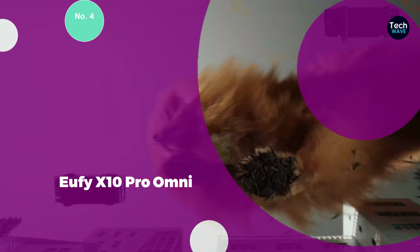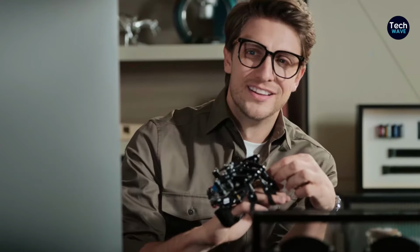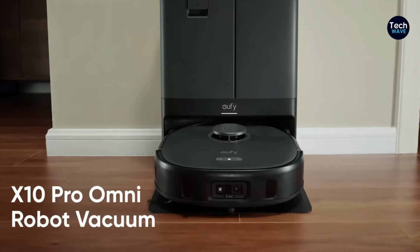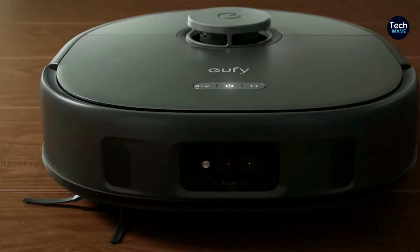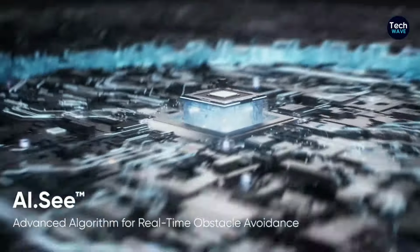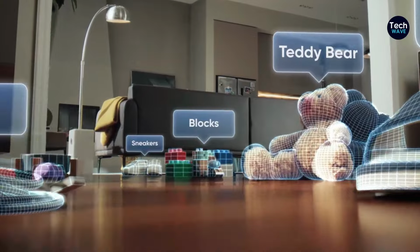Number 4. Eufy X10 Pro Omni. The Eufy X10 Pro Omni is equipped with AI-enabled visual recognition technology for effortless navigation and multiple map creation. The X10 Pro Omni is designed as an all-in-one cleaning station, combining vacuuming and mopping functionalities. Its mop pads are washed with clean water and dried with 45 degrees Celsius heated air to prevent odor and